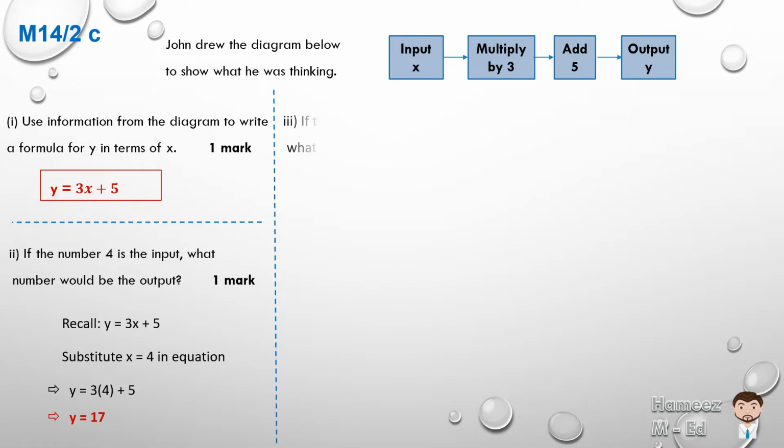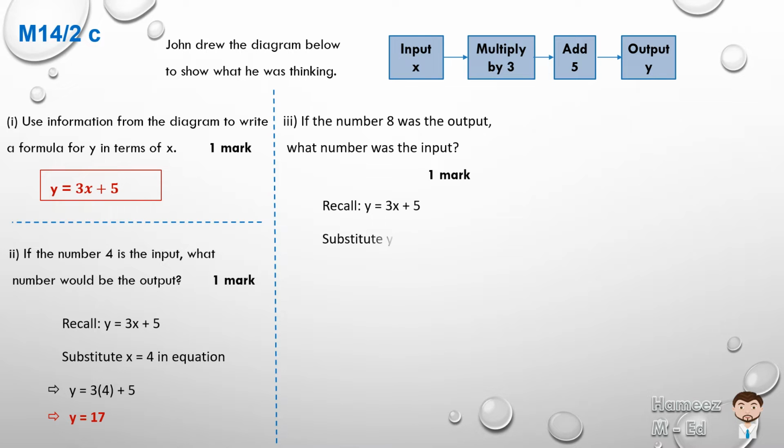Part 3, if the number 8 was the output, so now they're giving us the answer. They're giving us the end product. What number was the input? So we can follow the flow diagram and work backwards, or we can use the equation that we had. So let's try it both ways. We call y is equal to 3x plus 5. And if we substitute y, because that's the output, is 8, into the equation, then we get 8 is equal